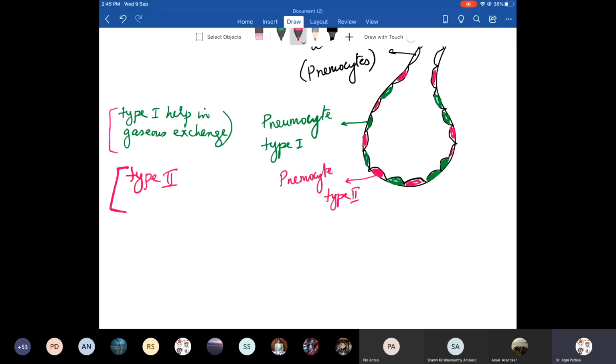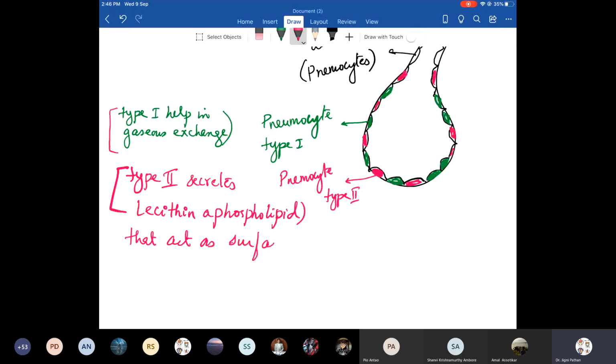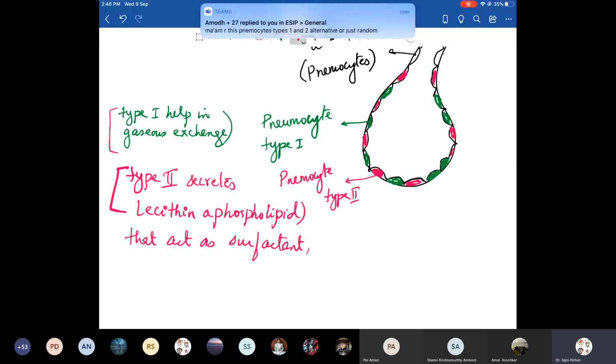Type 2 cells secrete lecithin, a phospholipid. Phospholipid that acts as surfactant, which prevents